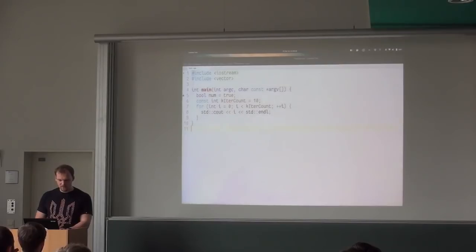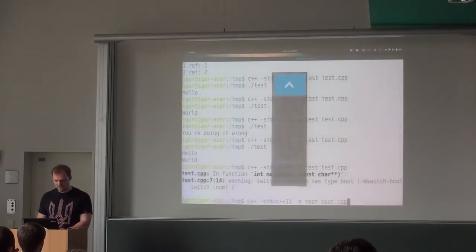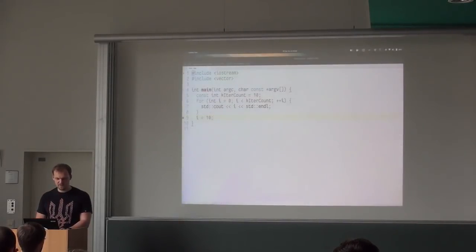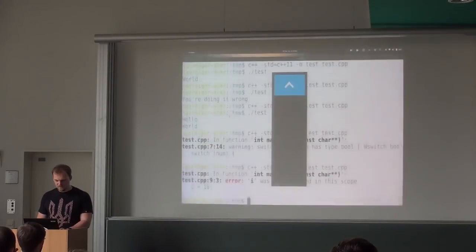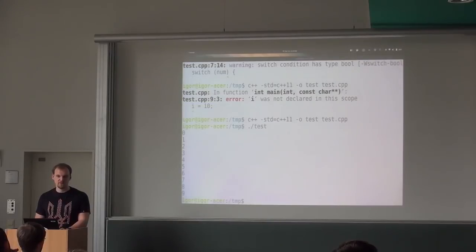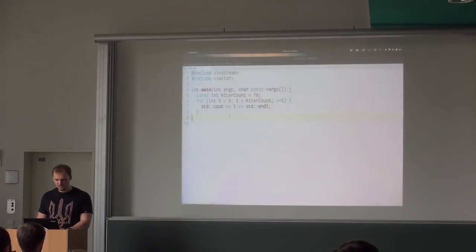Right, so now i is defined within this for loop. If I try to use i here, I will get an error. It says that i is not declared in the scope because i was declared in the for loop. If I run this, it does what is expected. It prints 0, 1, 2, 3 till 9 and so on.